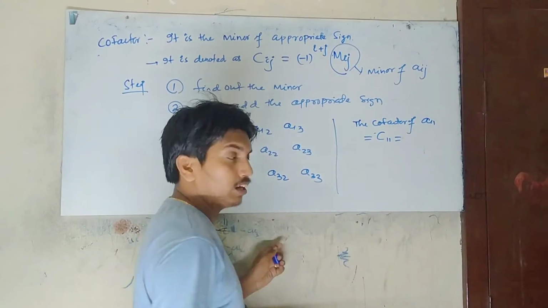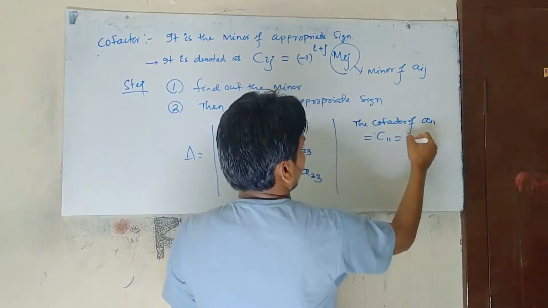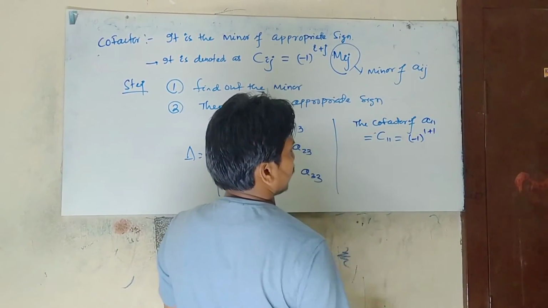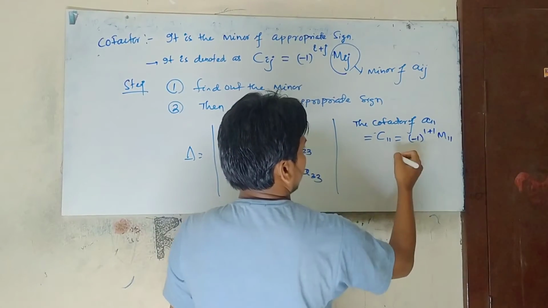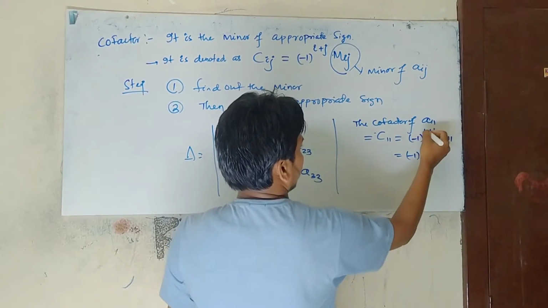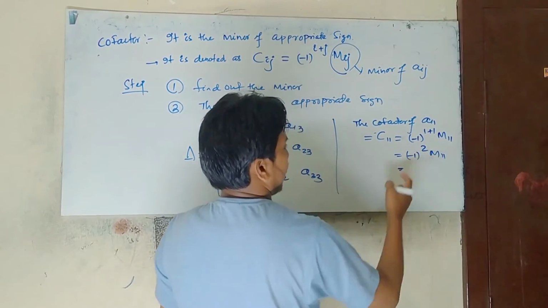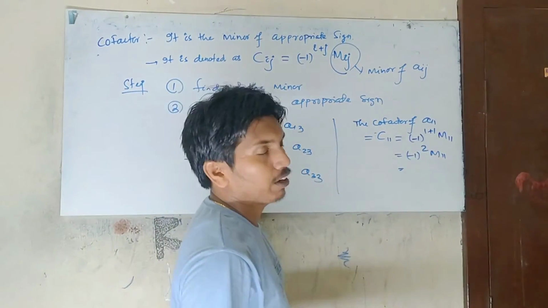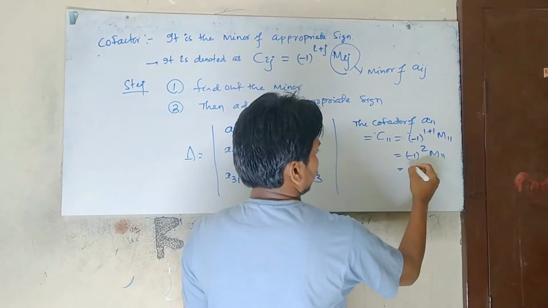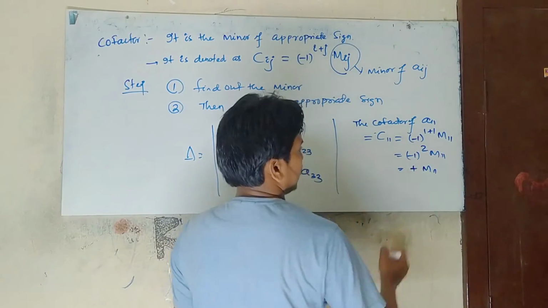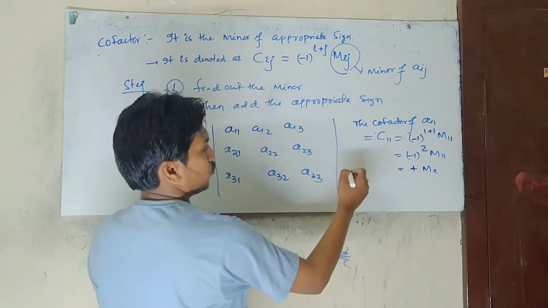What is C11? (-1) to the power (1 plus 1) and M11. That means 1 plus 1 is 2, and (-1) to the power 2 means that is positive. So M11 is positive. Then what is the cofactor of